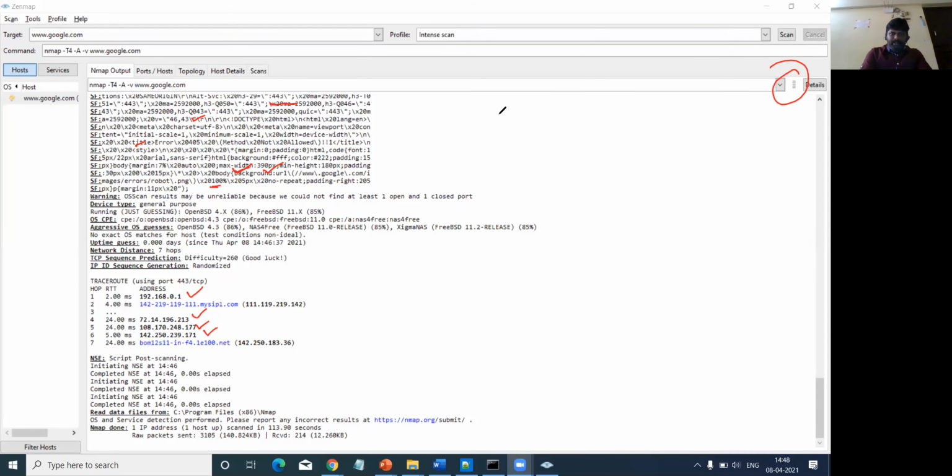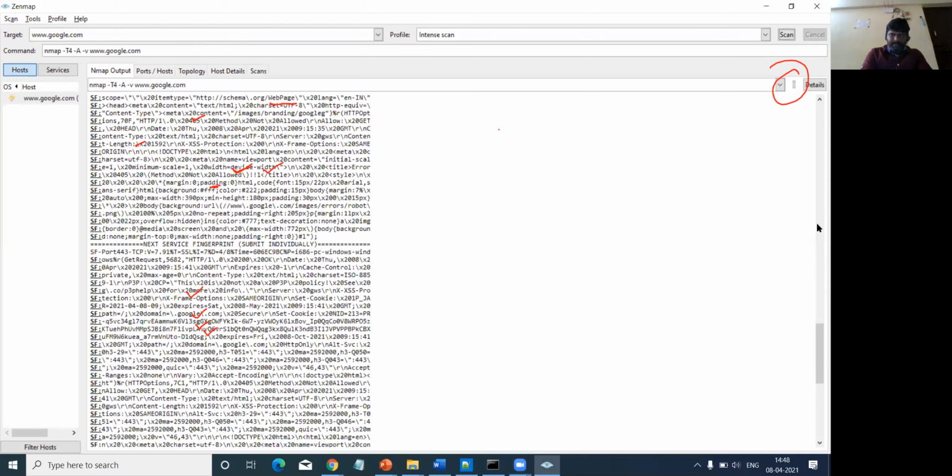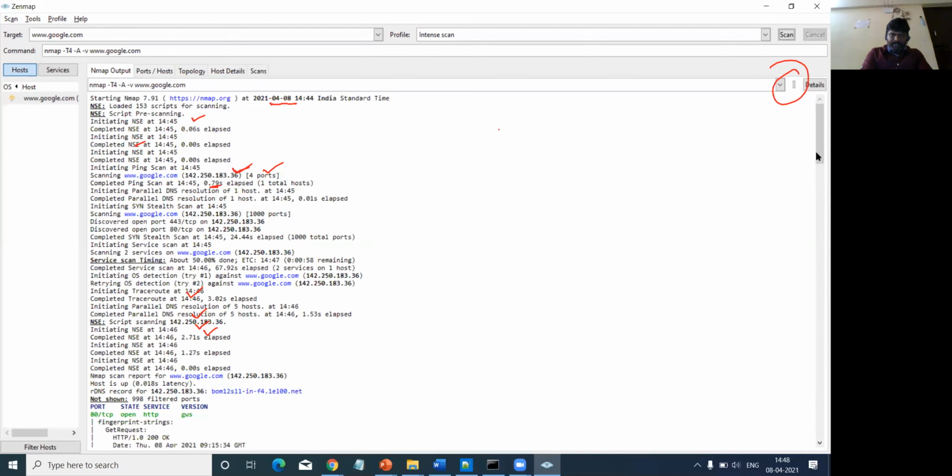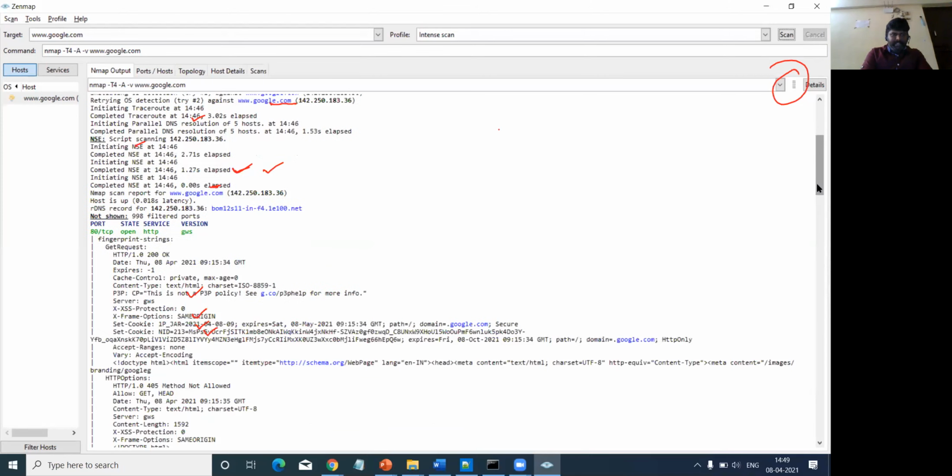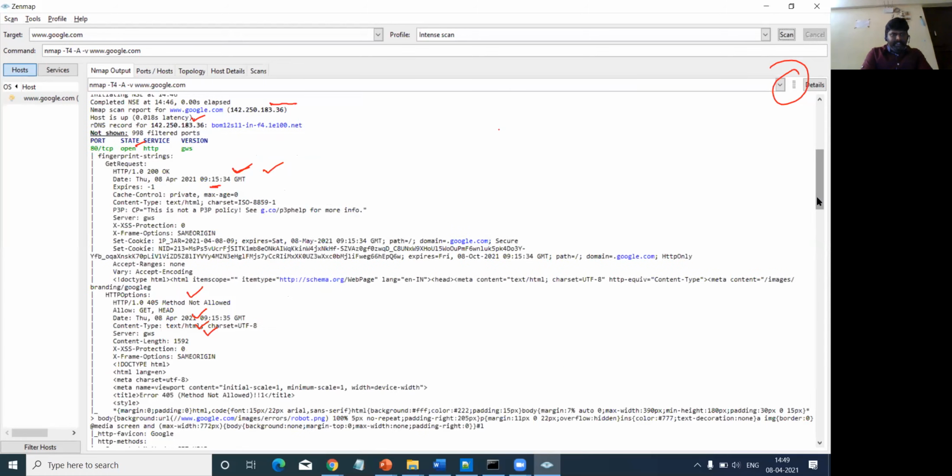I think now it has stopped. Okay, so I can scroll down and I'll get the complete information, right? These are the different pieces of information, such as at what time it started.